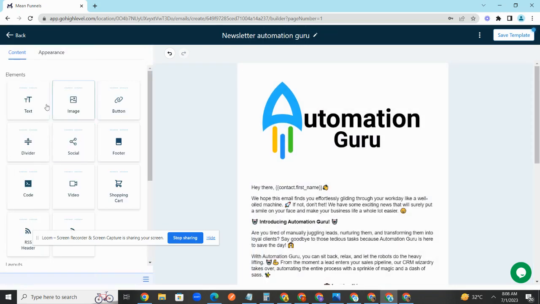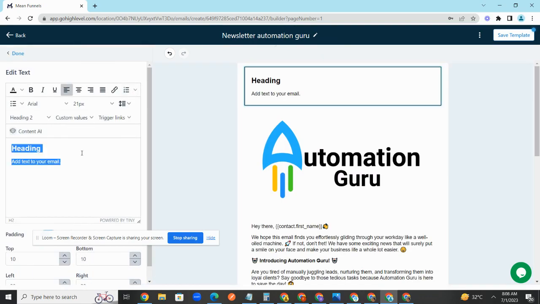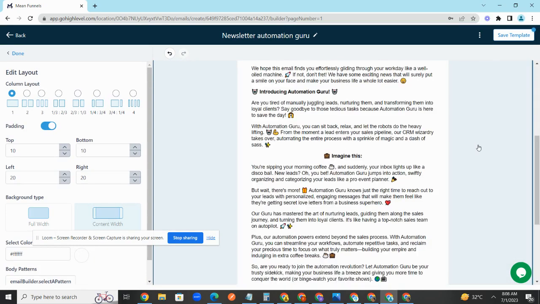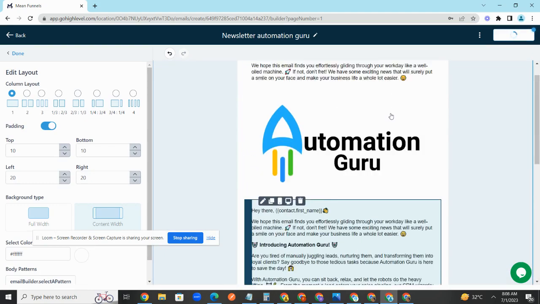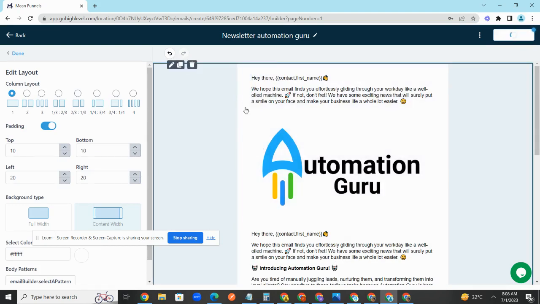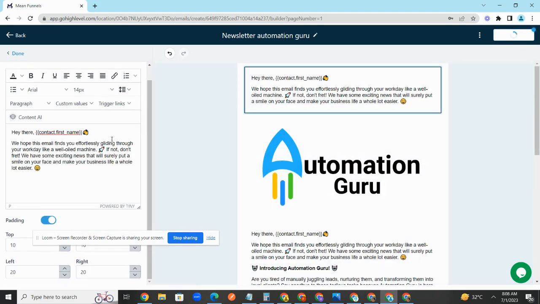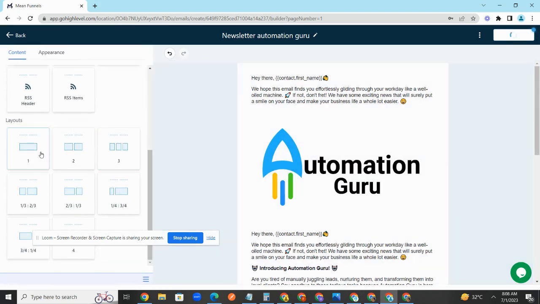No, not here. On top, a little text, and then the image if you want to add the image. So that's how I created a little newsletter or email template. If you want to change some colors, for example, if you want to change the background color for this section, you can also do that by going to